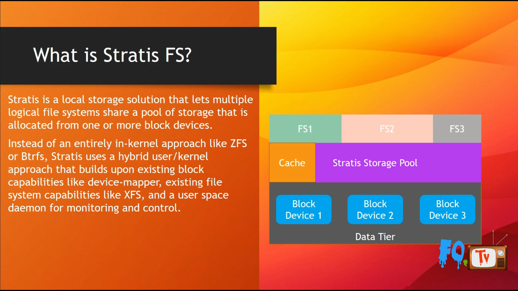You can see the diagram, the bottom one: block device 1, 2, 3, which is a physical hard disk, for example. So disk 1, disk 2, disk 3 are called the data tier. Now combining all these block devices